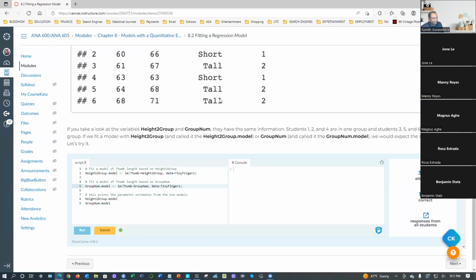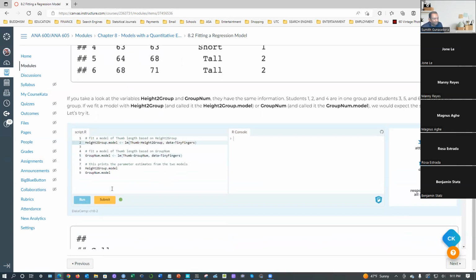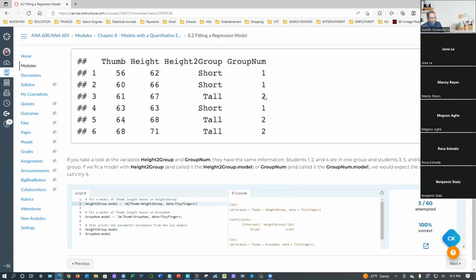See, they know these are categorical. We know these are categorical, but the machine doesn't know unless you specifically mention it and say, make it a factor. Okay. Look at what happened. The scale, the ratio is going to be the same regardless of how you have taken it. But look at your intercept. They were completely different. You are expecting them to be the same. We would expect the same estimate.